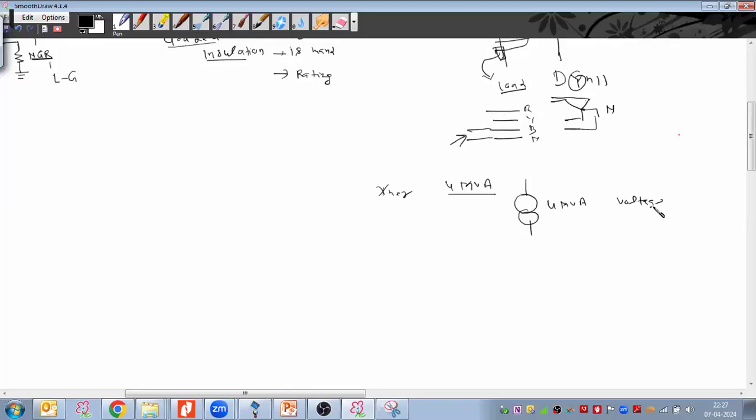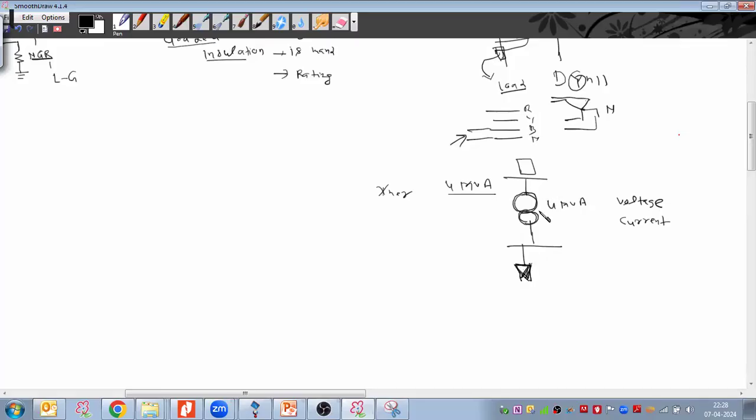When the voltage is changing, accordingly the current is changing, right? Frequency is also a factor. So this should be loaded based on 4 MVA, and this should be loaded again based on the 4 MVA. So if I connect 100% load on this transformer,